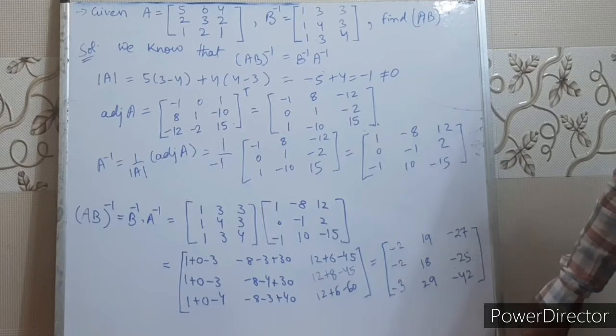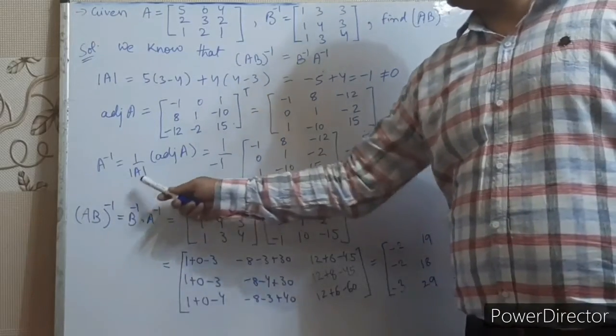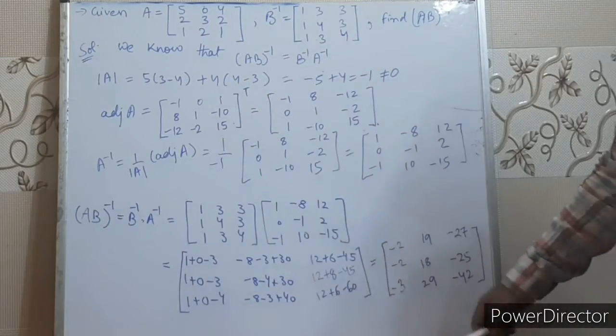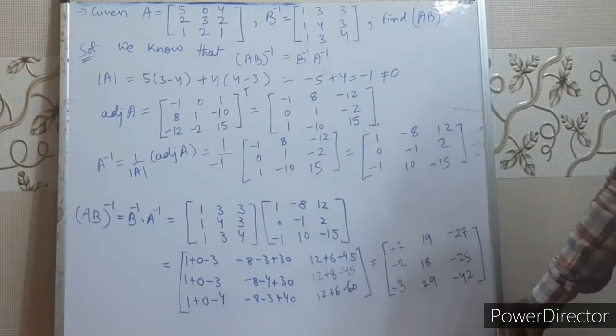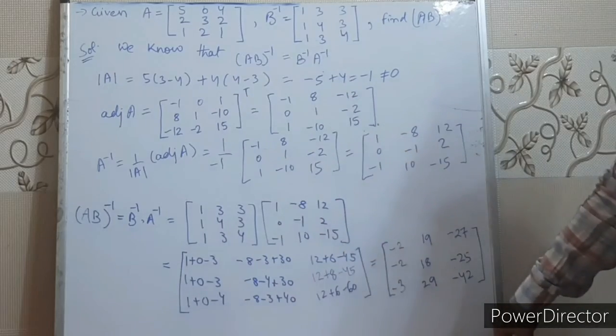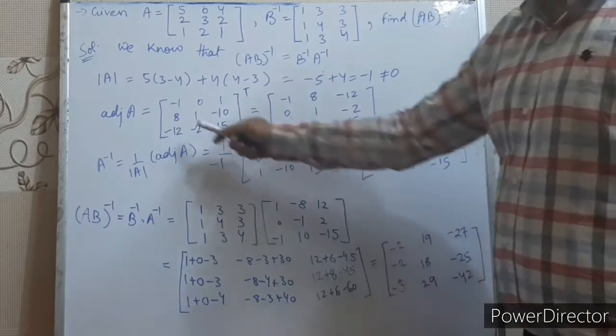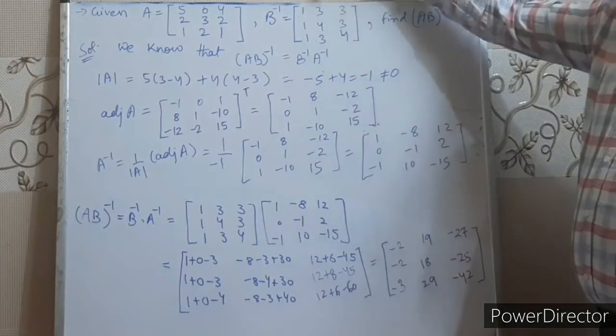So, we know that the inverse of A exists. How are we going to find the inverse? By applying this formula, adjoint A upon determinant of A. So, for calculating the value of adjoint A, what we'll do? We'll make the cofactor matrix and then do the transpose of that matrix. So for finding the cofactors of every row, we know how to calculate the cofactors.